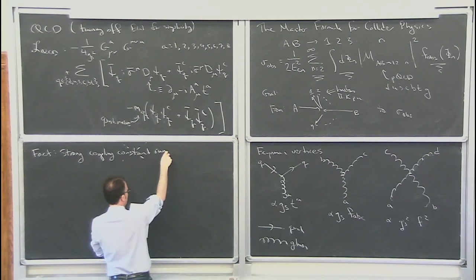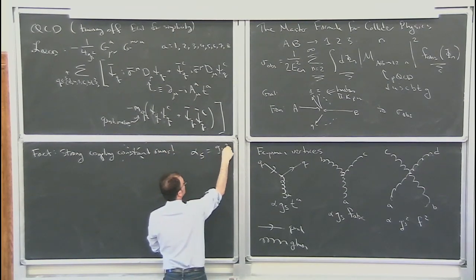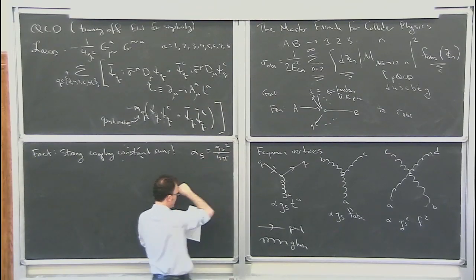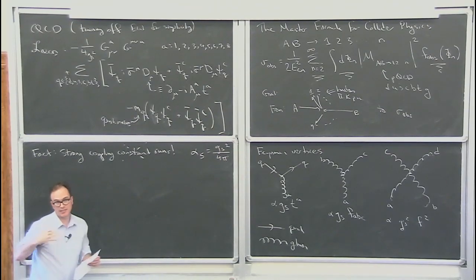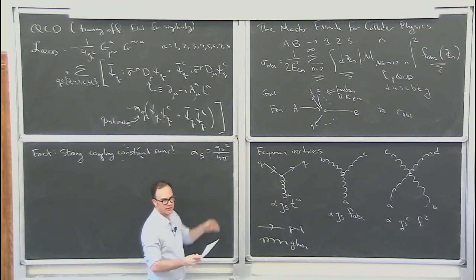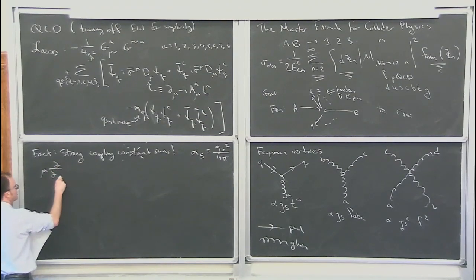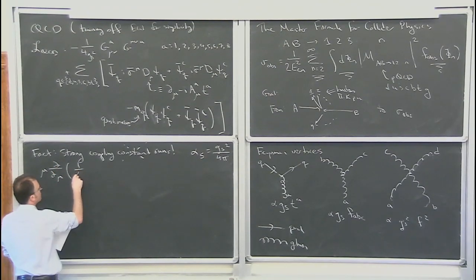It's scale dependent. And so I'll often talk about alpha_S, which is g_strong squared over 4 pi. And depending on what scale you're probing the theory at, you either have a weakly coupled or a strongly coupled theory. So if I look at the renormalization group evolution of the strong coupling constant,